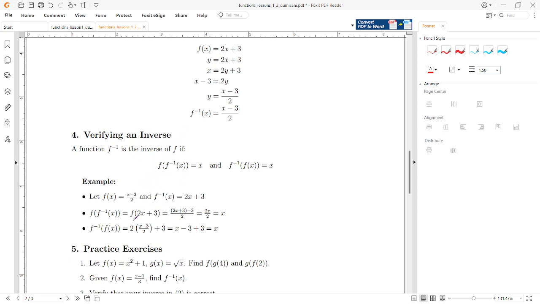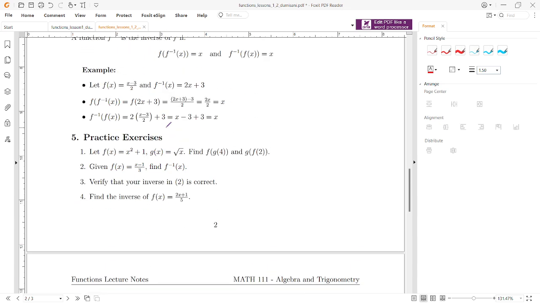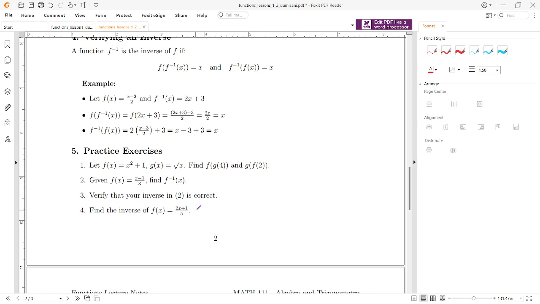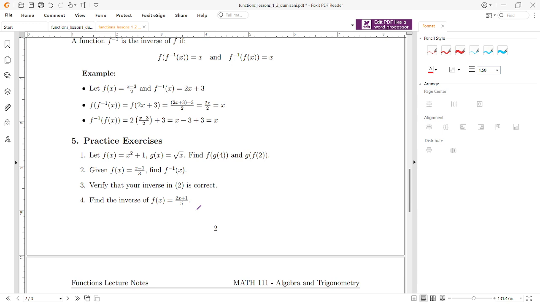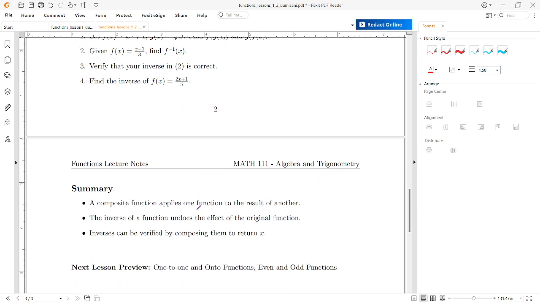So please check them out, how to verify an inverse. And you also have some practice questions. Try them out, and if you have any other question, please post them on Moodle or write me an email provided in the description. So in summary, today we have looked at the composite functions,